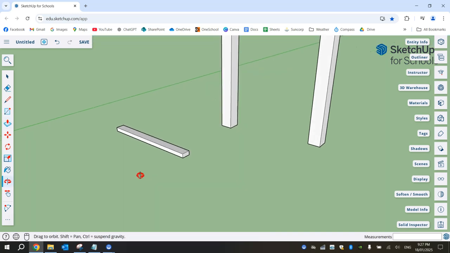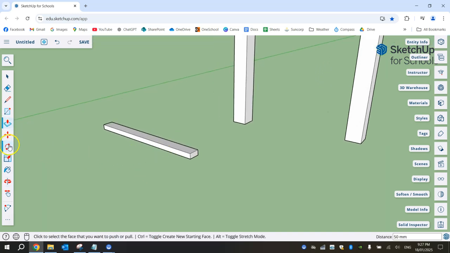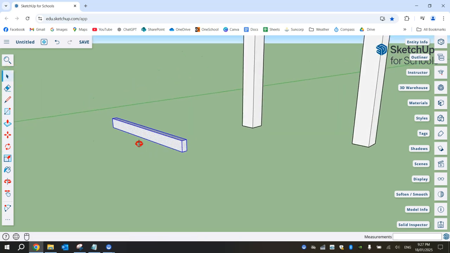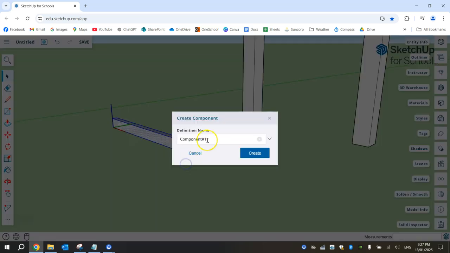Now this is also facing the wrong way, so we're going to have to grab our rotate tool again. Actually, before we do that, we need to triple click on it. So 1, 2, 3 with our select tool. Now we can grab our rotate tool. And I'm going to go for the red protractor this time and click in the corner, come out to the left and click again, and rotate it 90 degrees. Okay, and then we should have our skirt for our table sitting upright, which is just how we want it. You can right click on that now and make it a component, and we'll call it a skirt